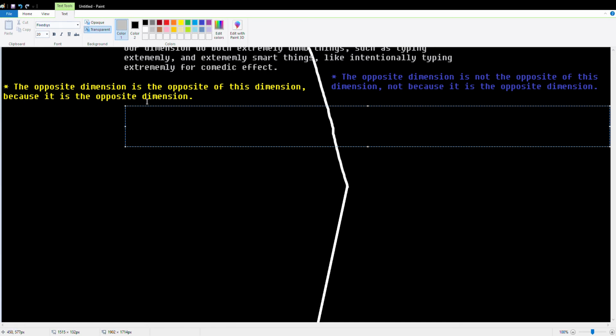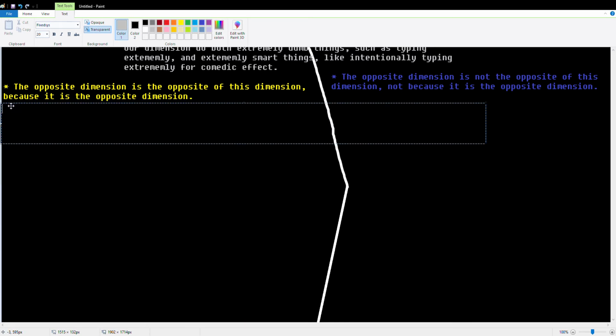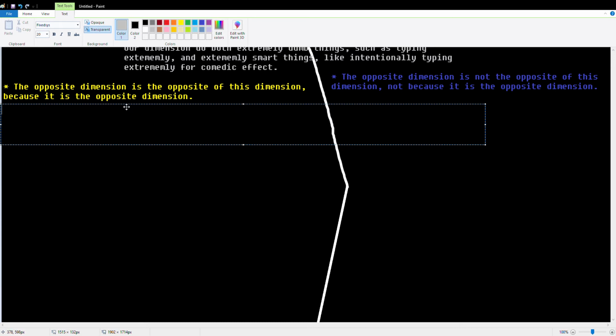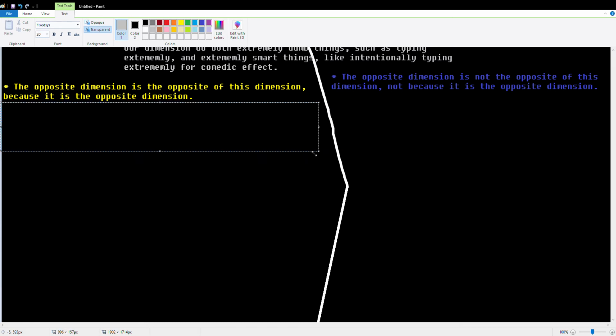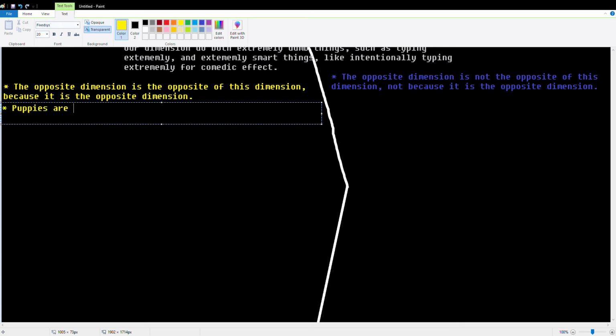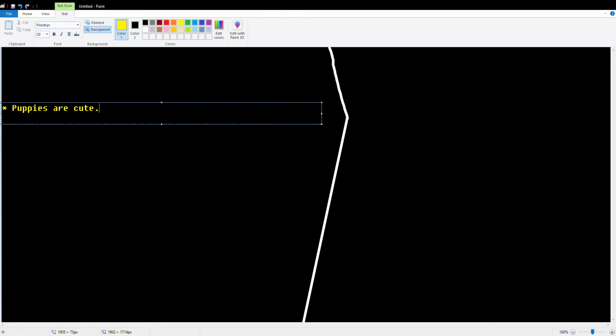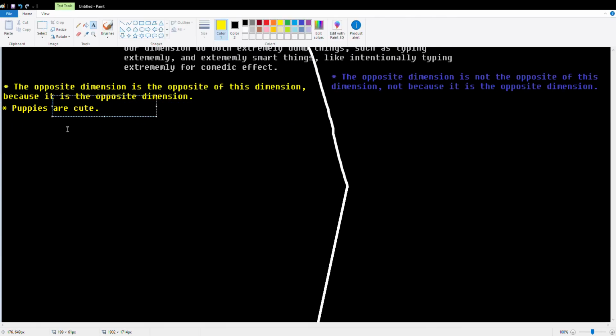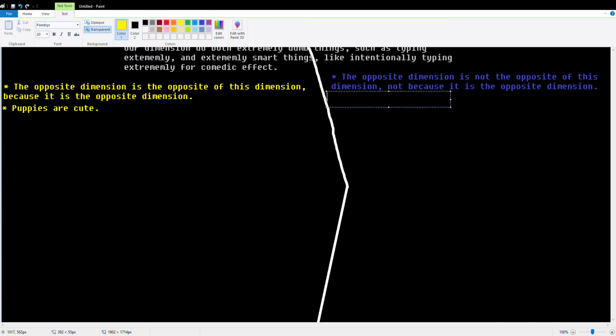So we're gonna do something dumb. We're gonna write something that is just universally true throughout our dimension. So in our dimension, puppies are cute. Now, since that is true in our dimension, then either that means that in the opposite dimension,